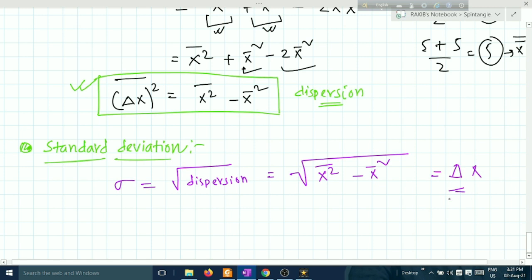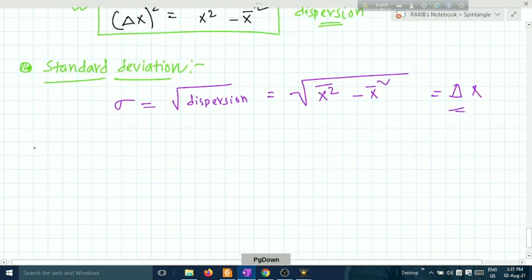This is quite a useful tool for calculating uncertainty. In the case of the Heisenberg uncertainty principle or the general uncertainty principle in quantum mechanics, we use this formula to calculate any kind of uncertainty. We did a problem in our offline classes; you can do it on your own. So standard deviation: delta x is equal to the root over x squared bar, first is the square then the bar, minus x bar squared. This is sometimes written like this.